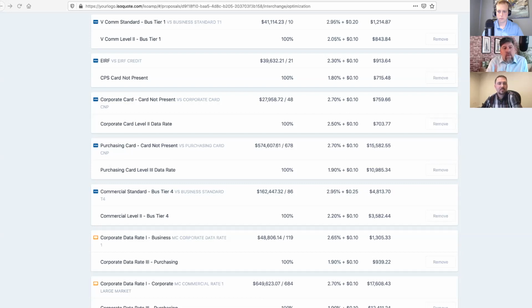You'll note that we didn't move that to level 3 because, quite frankly, in the Visa world, those cards don't guarantee to go to level 3, right? We are very confident they will go to level 2 with our product, but they won't go to level 3. And you can see down the list, IRF, I think that should go to card not present. Corporate card on the Visa side, that should go to level 2. The purchasing card not present on the Visa side, that one we think should go to level 3. And down the list it goes, right? And it's doing the math.